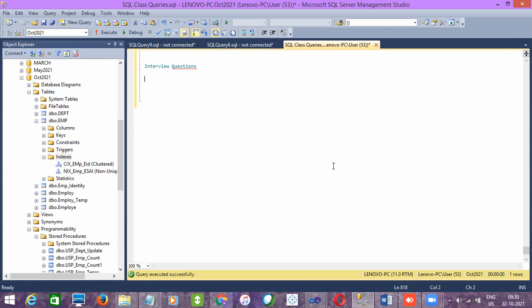Okay. So first thing, once you do the introduction of yourself in the interview, depending on their mood, they'll start with either SQL Server or SSIS. Mostly they don't start with SSRS, right? So they'll start with either SQL or SSIS. 90% or 80% they'll start with SQL, and based on your introduction, they'll ask you directly questions on performance